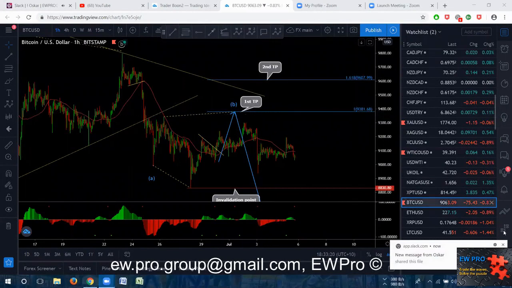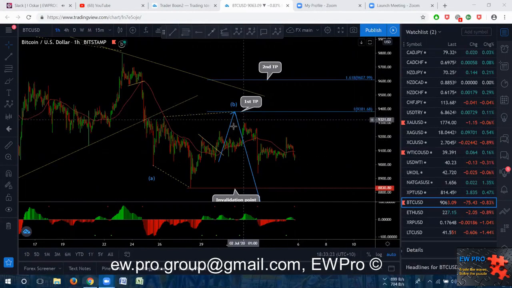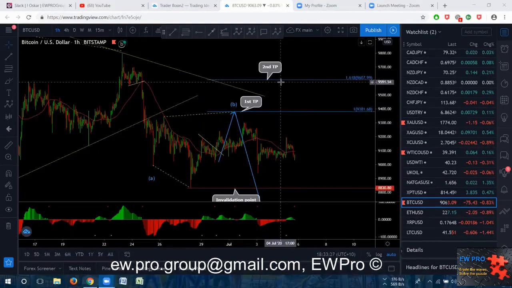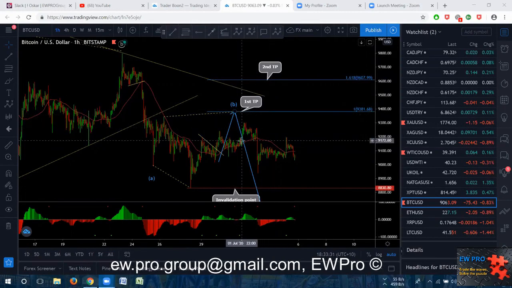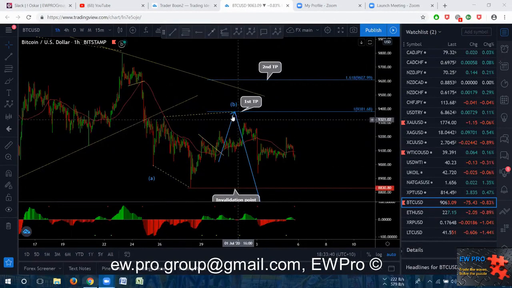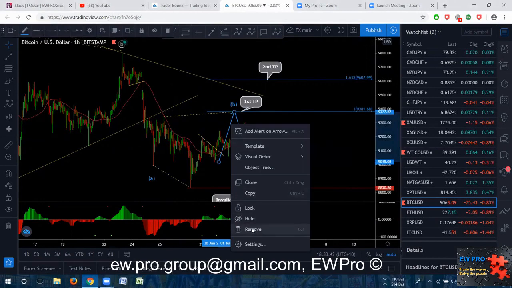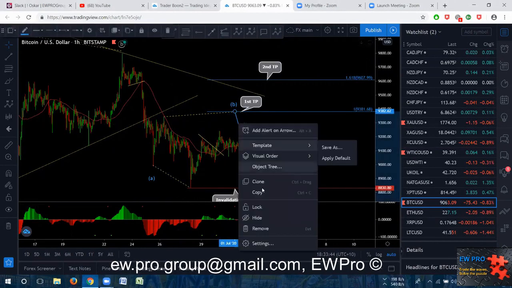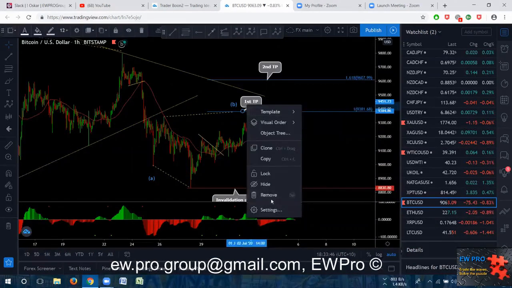The first target didn't get hit. So this was the first target, second target. I'll put a trade out on TradingView. First target and second target didn't get hit. So I explained that this was quite a risky trade because I was looking for that running or expanding flat. It turned into a running flat. So I'll remove all this